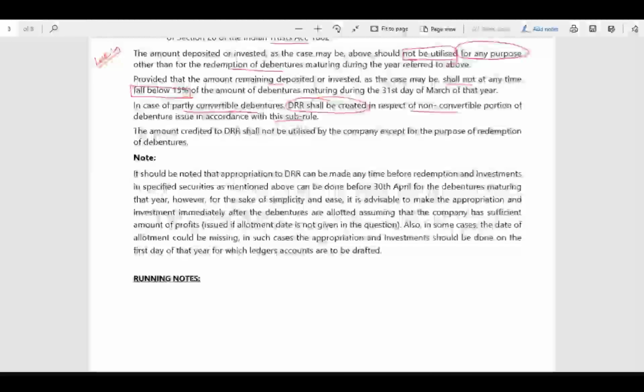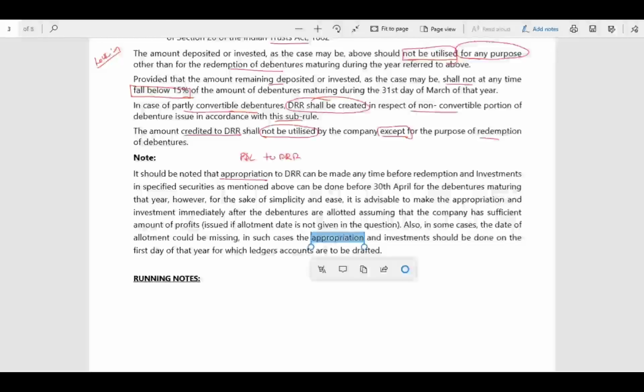So next, my dear friends, the amount credited to DRR shall not be utilized by the company except for the purpose of redemption. Whatever the DRR amount is there, we can use it only for the purpose of redemption of debentures. It should be noted that the appropriation to DRR can be made any time. Appropriation means transfer from P&L to DRR. This appropriation to DRR can be made any time before redemption,